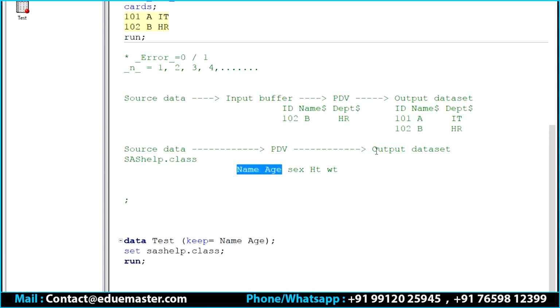So when it is creating the output data set, it will understand that not all the data has to be copied, only name and age, because of this statement. In PDV, you will have all the data, but to the output, it will send only name and age. So if you write the same keep statement in the set statement line, it will be more efficient. Why it will be more efficient: